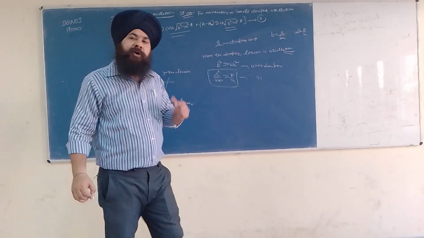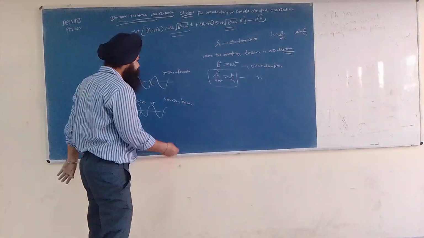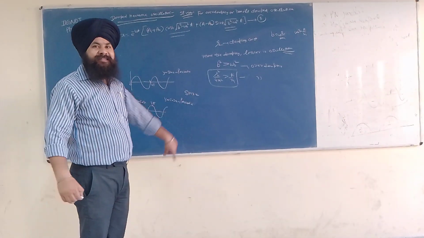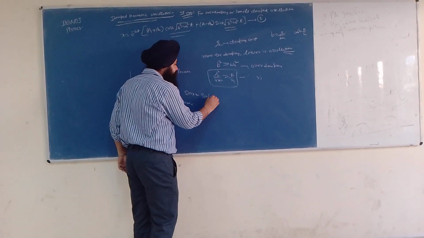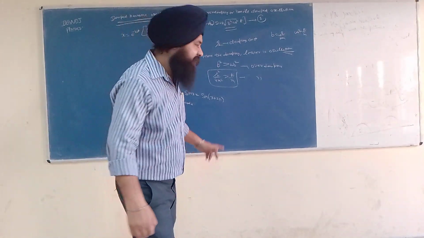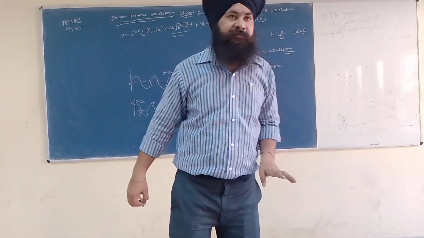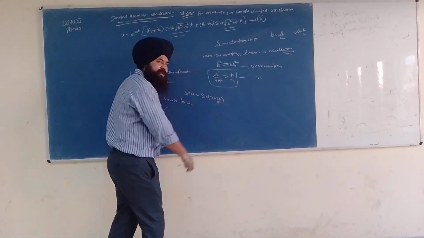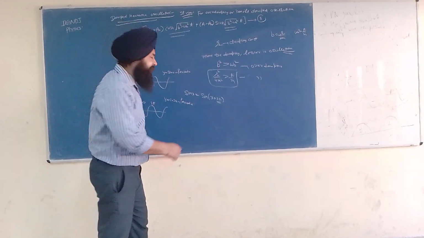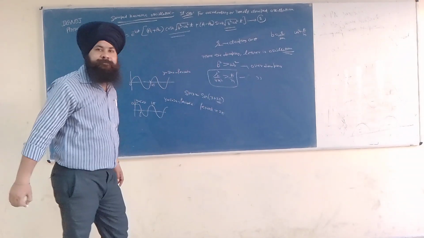Now what is the periodicity of the sine function or cos function? Let us say I have sin x. If I add 2 pi in sin x, will it change? No, it is not going to change, because sin of 2 pi plus theta is again sin theta. So this 2 pi is called the period or periodicity. So the period of sin x is 2 pi.